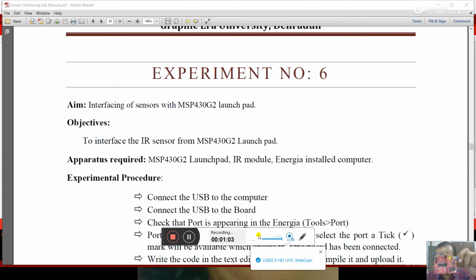Okay, it is connected with a sensor. So it is an ambient light sensor. It detects whether the light is present or not, and it is good for many types of application. For example, if you want the light to be on when there is no light, then it can be used. It is a very simple sensor.